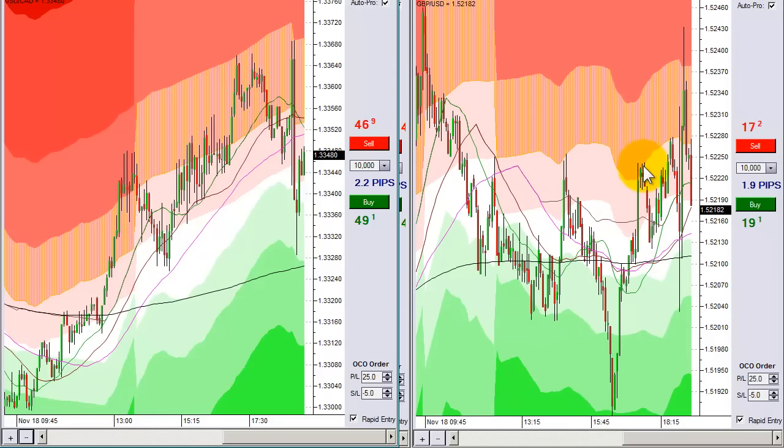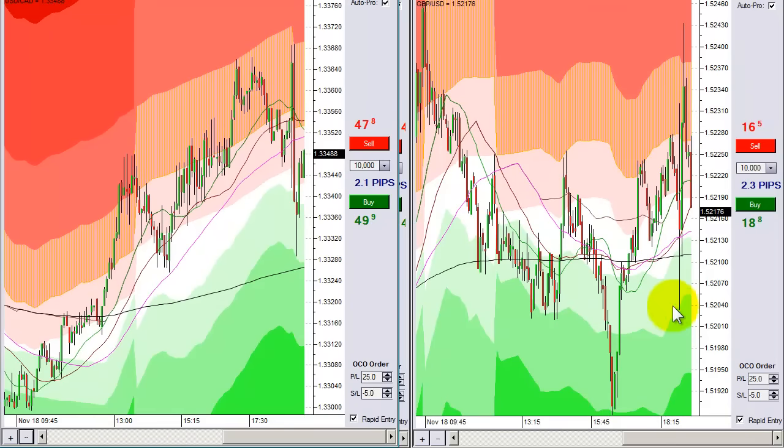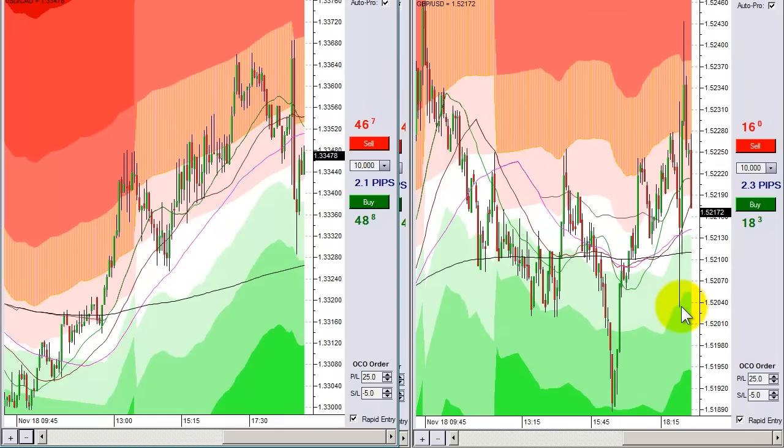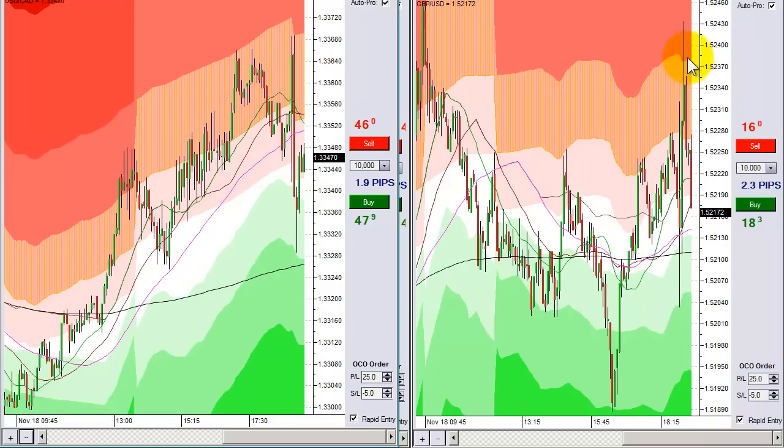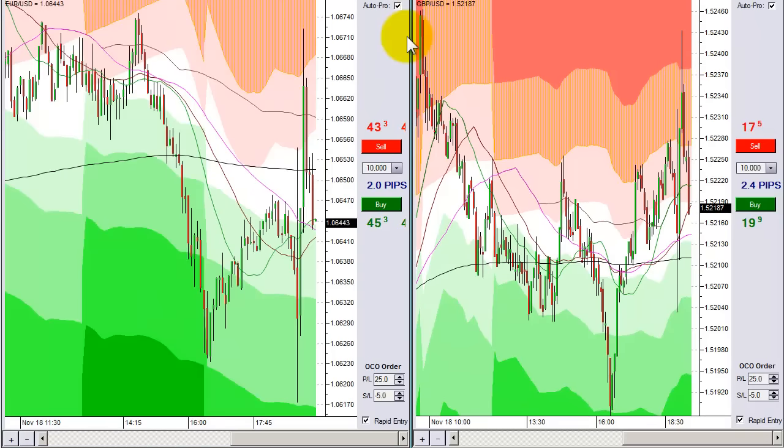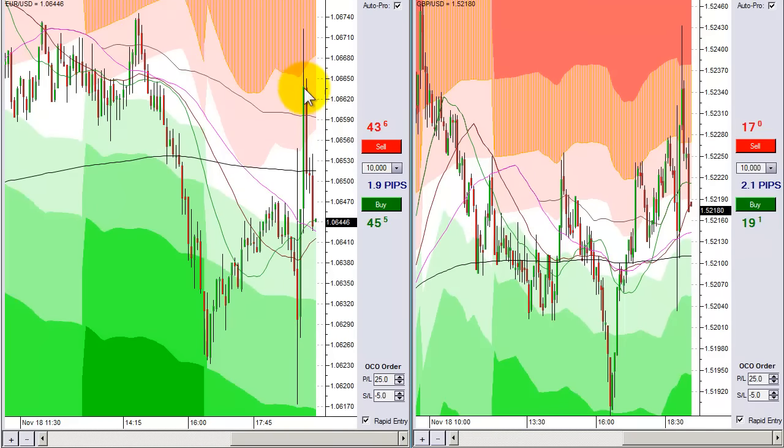It came back, and we had all of these sell signals here that worked really well. This one right during news worked well. Spreads were still just a little bit too high for me to want to execute. And then of course we grabbed this one here at this level. And euro dollar again, this one was a pretty simple trade right here. If I was going to be active and continue to trade, this might be a good spot for a light position. But quite frankly, with all the trades that have happened today and how good of a day it's been,